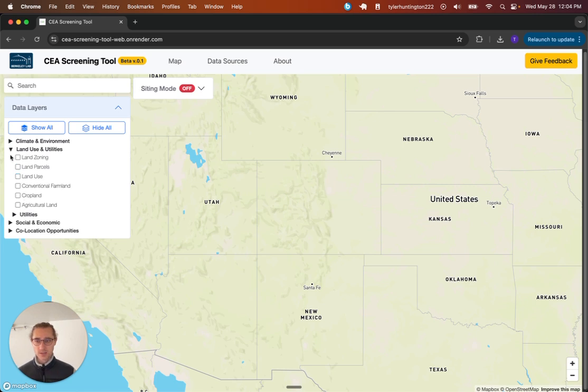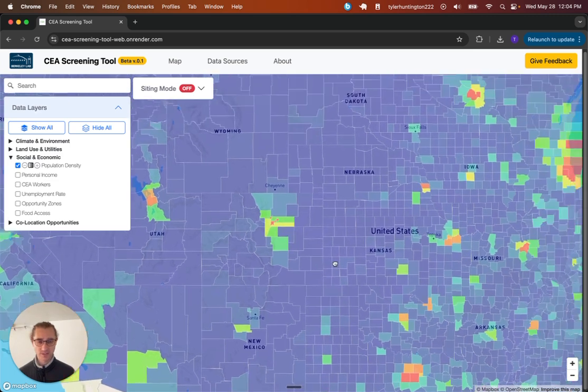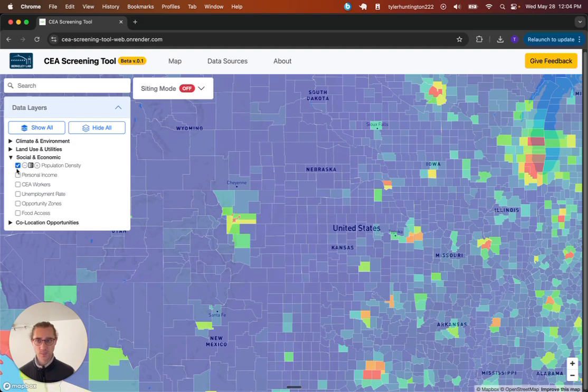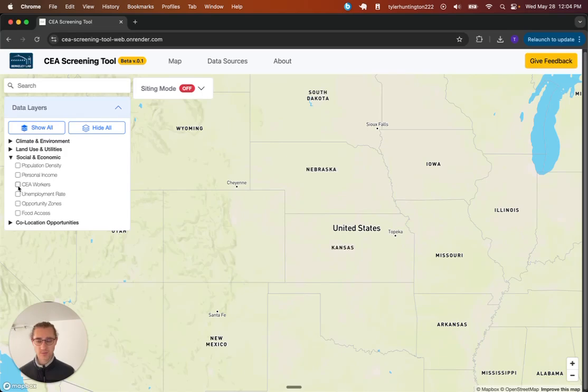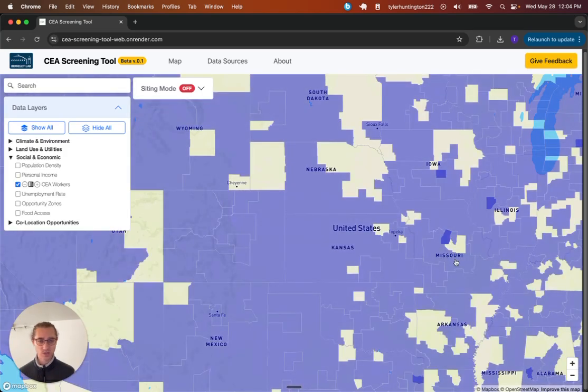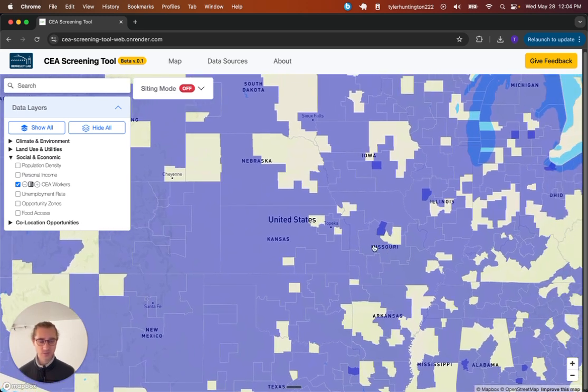And going into some more of the social economic parameters here, we have demographic data such as population density, personal income, and some derived data sets such as CEA workers, which represent labor workers in the agricultural sector, which we have estimated to represent the number of CEA workers